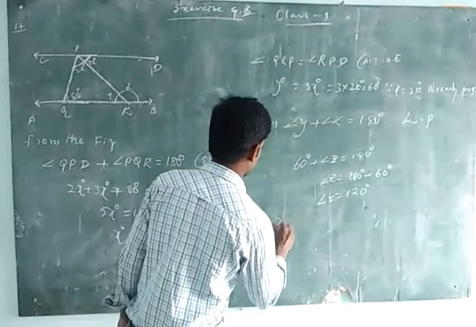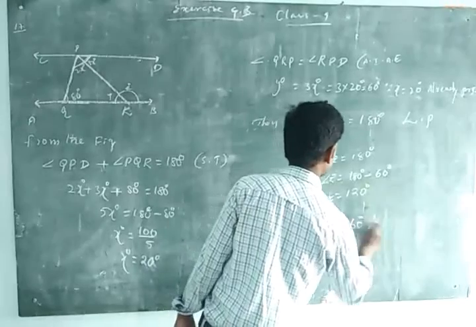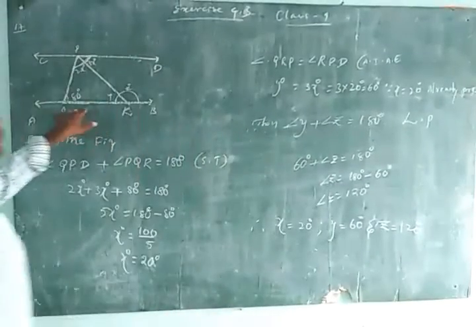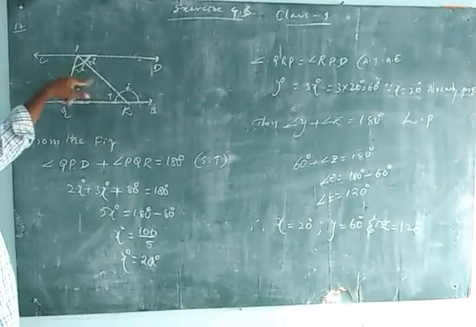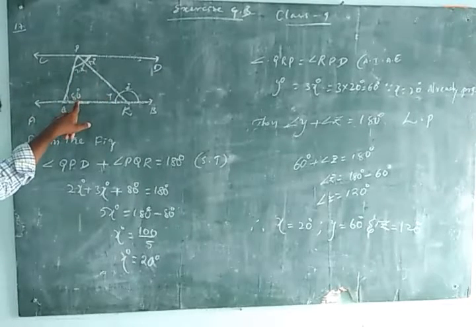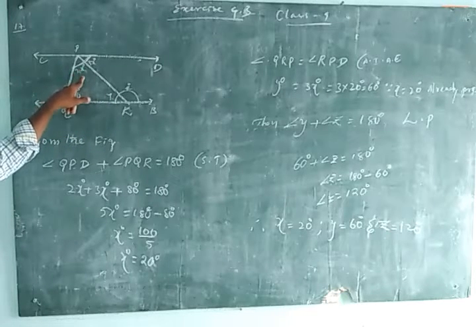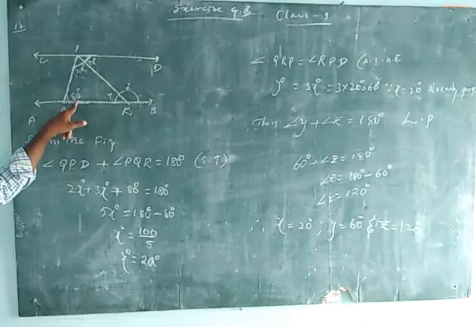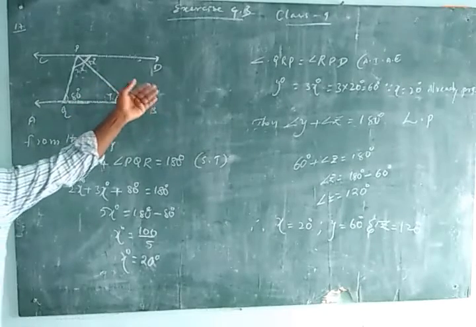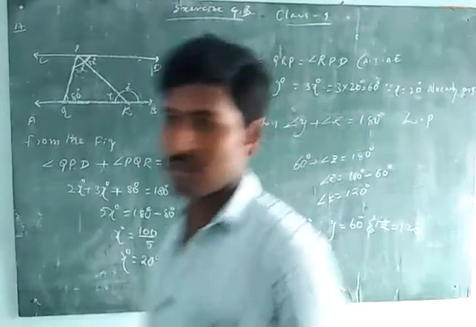Therefore, x is equal to 20 degrees, y is equal to 60 degrees, z is equal to 120 degrees. సో ఇంకొక లాగా మీరు చేసేటప్పుడు ఏం చేస్తారంటే ఒకవేళ x కనుక్కొని ఆ తర్వాత ఈ x వాల్యూ వచ్చిన తర్వాత అండ్ సమ్ ప్రాపర్టీ ఆఫ్ ట్రయాంగిల్ తీసుకొని 180 కి ఈక్వల్ చేసుకొని 2x plus y plus 80. 2x value already 20, so 40 plus 80, 120 plus y is equal to 180. So y is equal to 180 minus 120, same value 60. So then find the value of z, very easy. That's also not a problem.